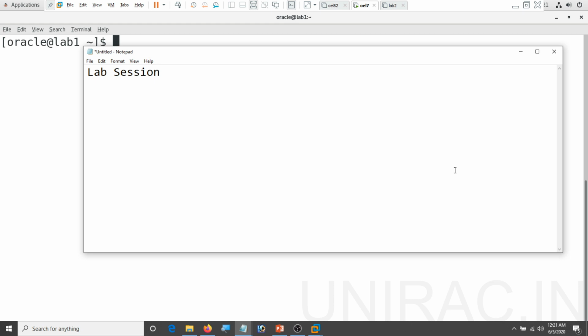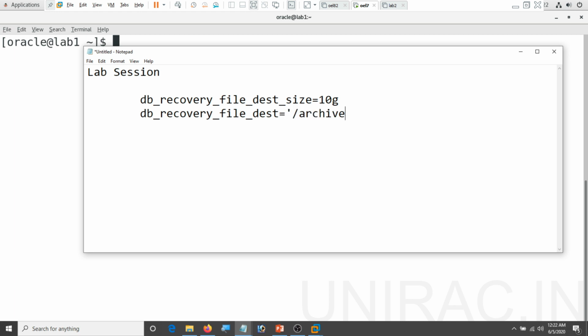In our lab session, we'll configure the parameters for size and destination using two parameters: db_recovery_file_dest_size, around 10 GB, and db_recovery_file_dest, equal to the location of your flash recovery area.